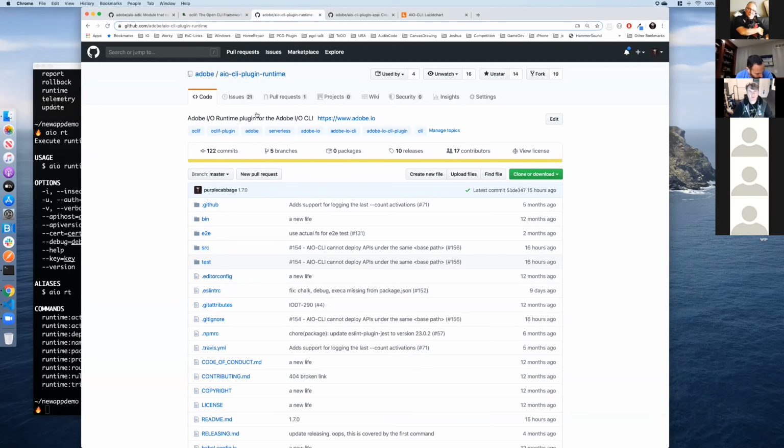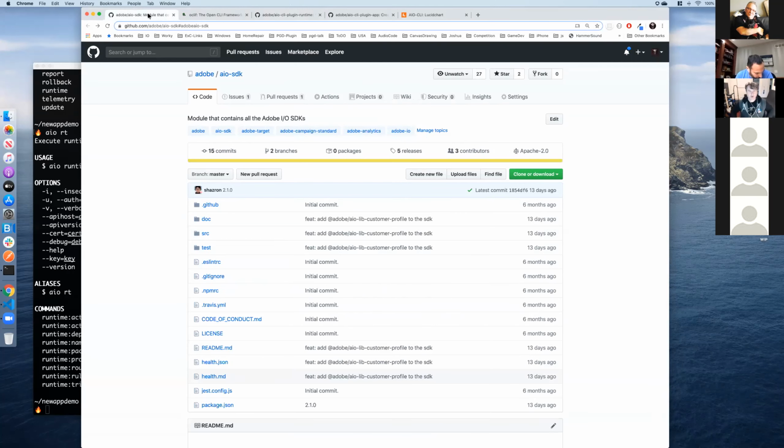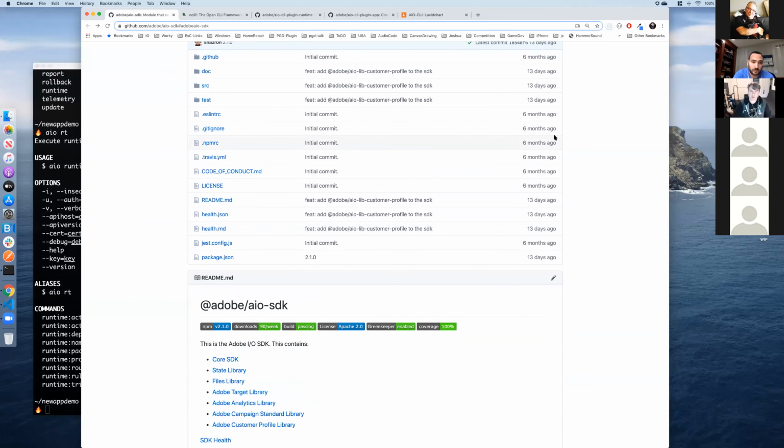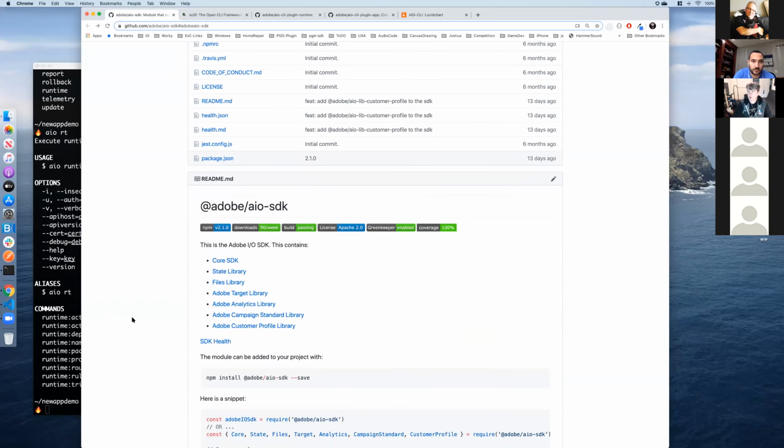Another thing we've come across is that we've been spending a lot of time trying to make our products extensible, and to that end, we realized that we needed SDKs for building different things in runtime.